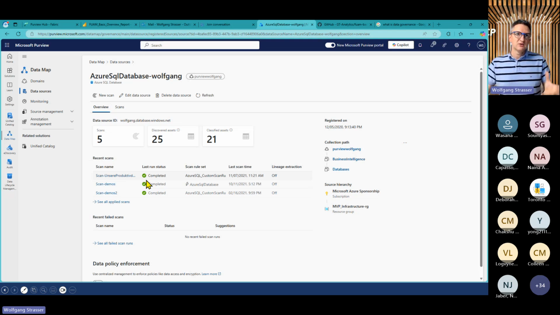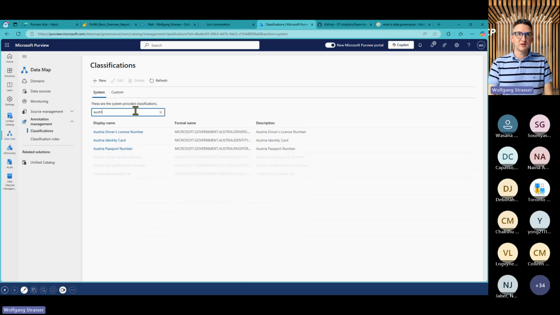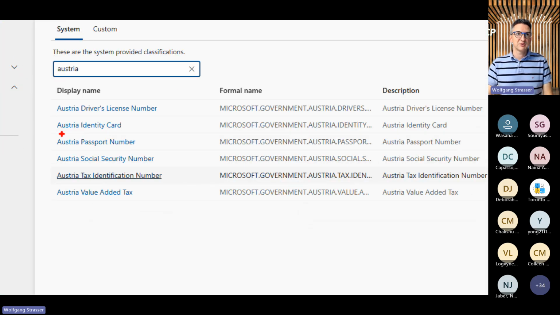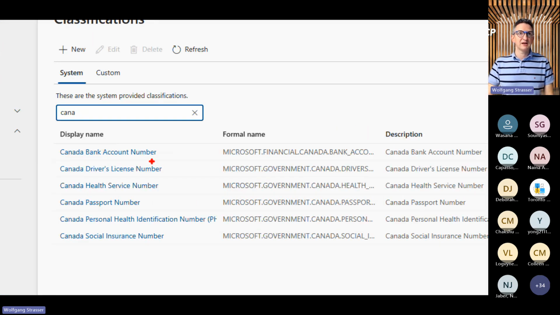And in addition, during that scan process, we can tell Purview to search for some data patterns. We can search, for example, the Austrian passport number. We can search for identity cards, social security numbers, or we can search for Canada bank account numbers, driver's license numbers. And that is the process where Purview has a look at your data.